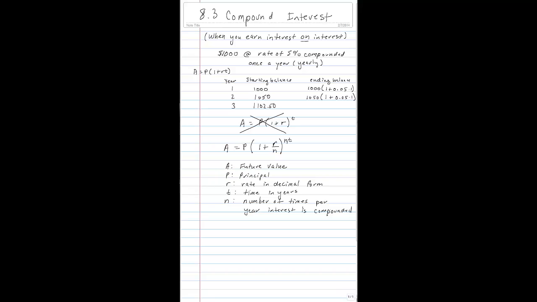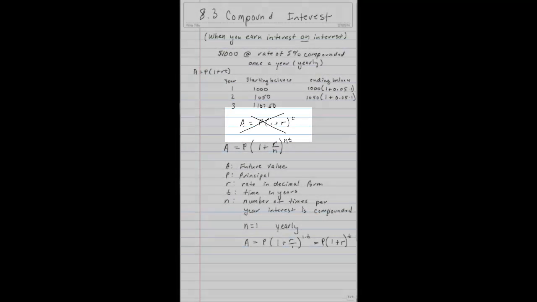So in our case of compounding yearly, N is going to be equal to 1. And that's because we only compound interest once a year. If we look at the formula, if N is equal to 1, we find we get the formula that we got at the beginning of the lecture. However, again, I'm just as happy to learn one formula that we can use for all cases